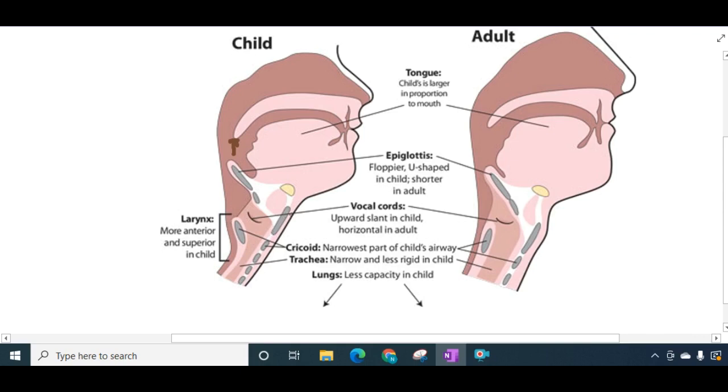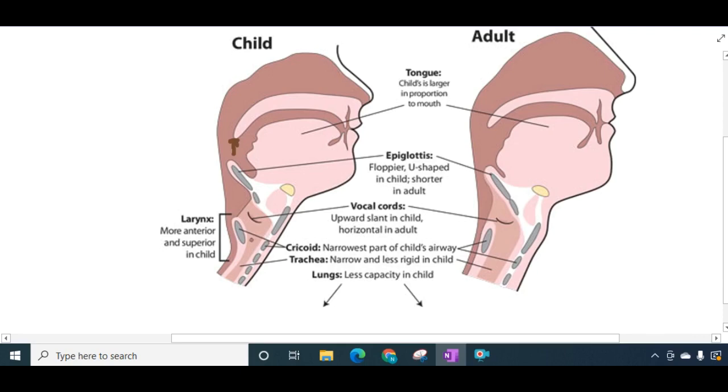The thyroid cartilage which you see here is relatively flat in the infant's larynx, whereas you have an angle in the adult's larynx. This thyroid cartilage overlaps with the hyoid bone, and also overlaps with the cricoid cartilage. So the thyrohyoid and cricothyroid ligaments are very narrow in an infant or child's larynx.